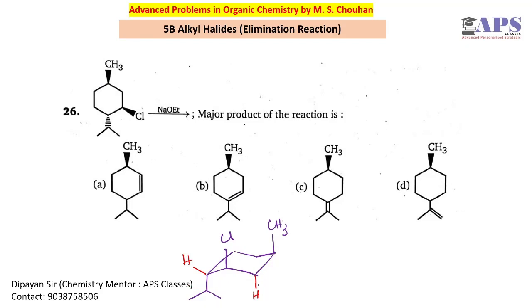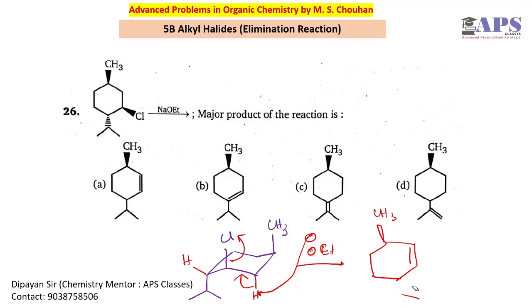Okay, because we have only this hydrogen which is present at beta position as well as anti-periplanar position. This hydrogen is present at beta position, but this is not anti-periplanar. So if you now react with base OEt minus, this hydrogen will be abstracted, this C=C bond will form and this will be eliminated. So in the final product, we have an isopropyl group along with the double bond, and obviously the methyl above the plane.